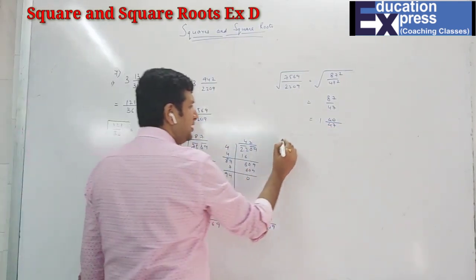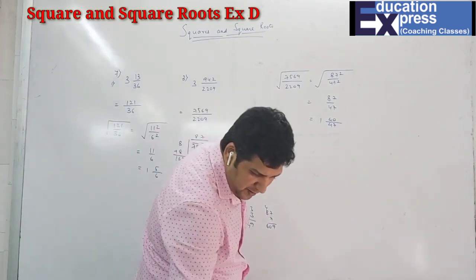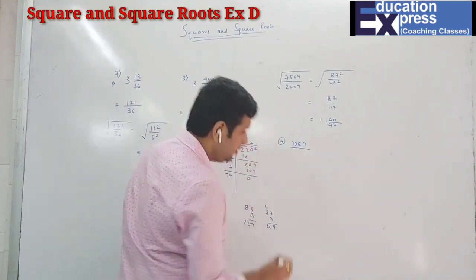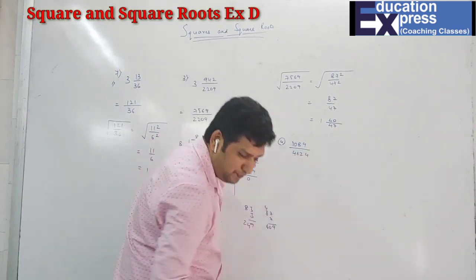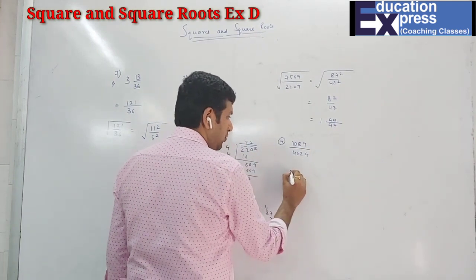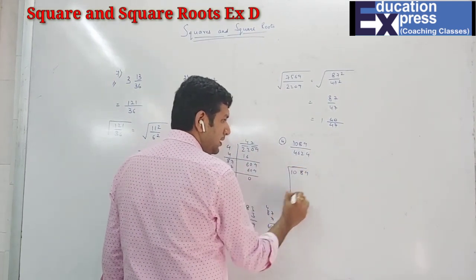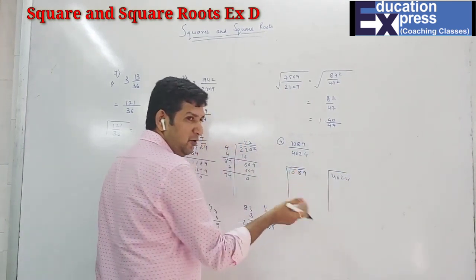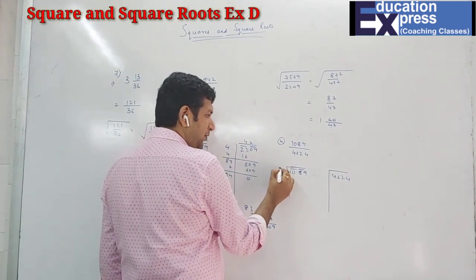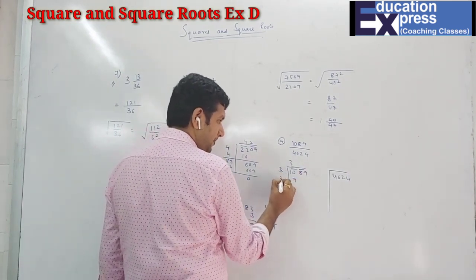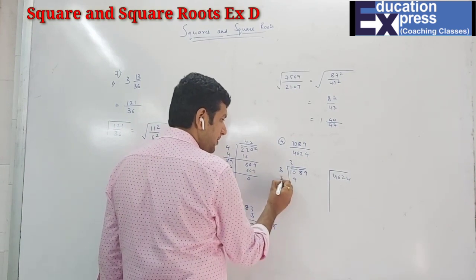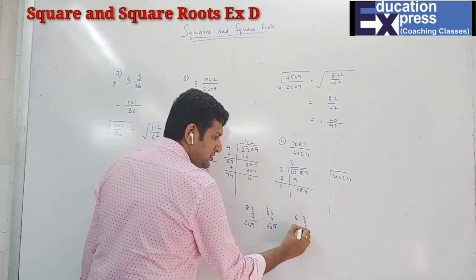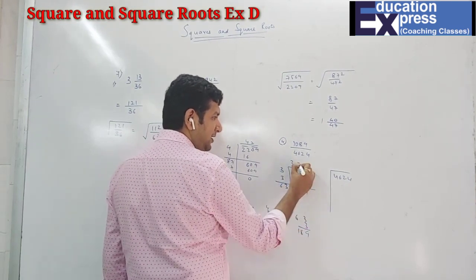Now the last, fourth part of question 7. 1089 upon 4624. Same way, students. Here the question is not in mixed fraction, so we just find the squares for each. 1089 and 4624. I'll make pairs. The pairs you always make from the end. So now, before 10, what square comes? 3 threes are 9. Now 89 is there. 63 threes are 9, 3 sixes are 18. So 3 and then 3.